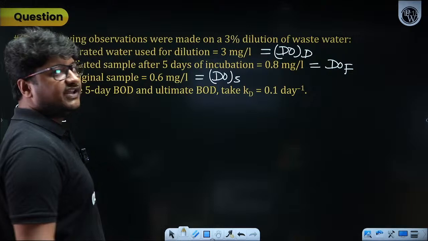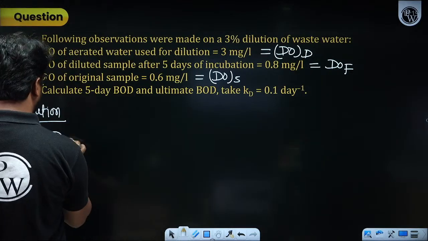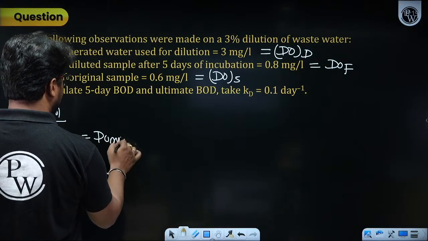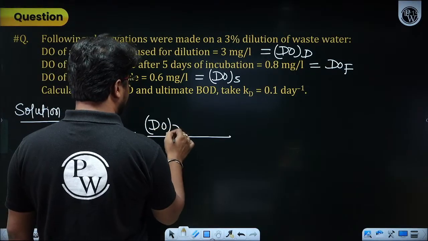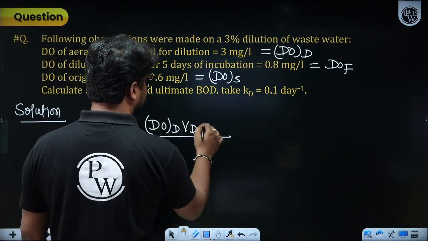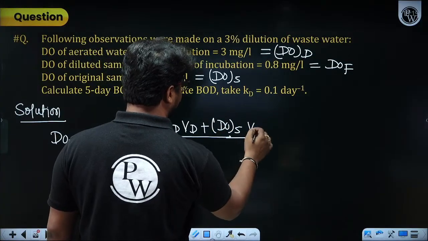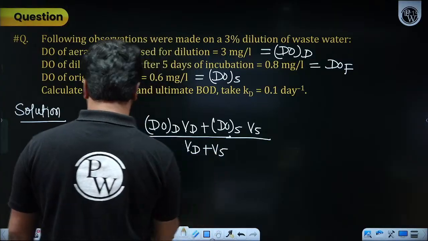Either you can write DOS or DOW. The first thing I have to find out will be the DO initial, which is nothing but equal to the DO mix, and that will be equal to